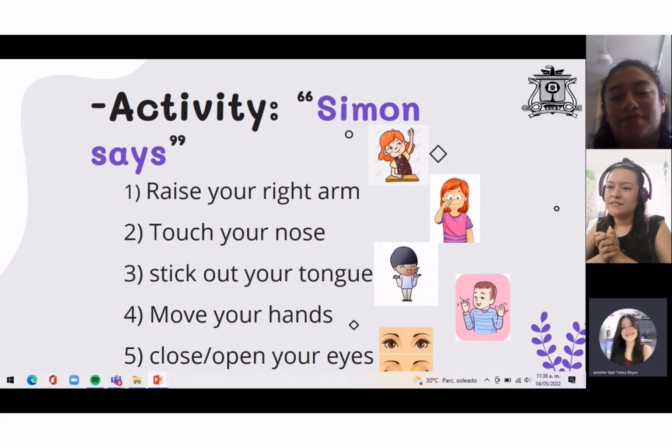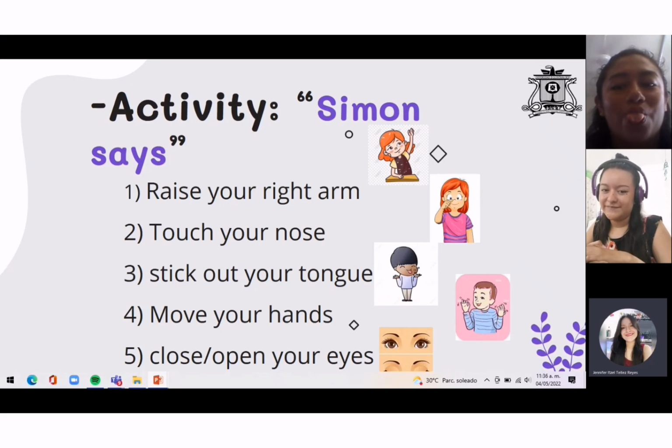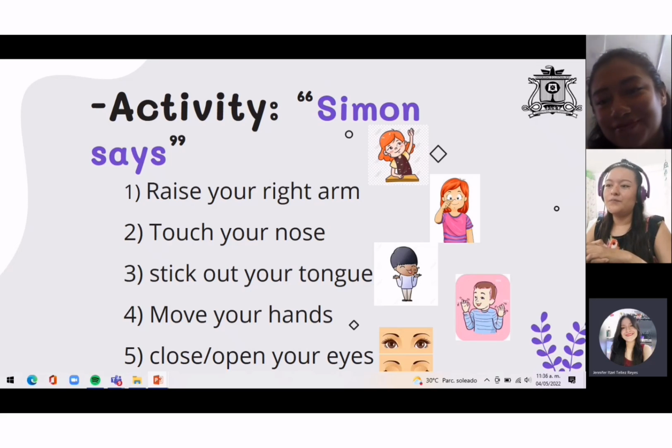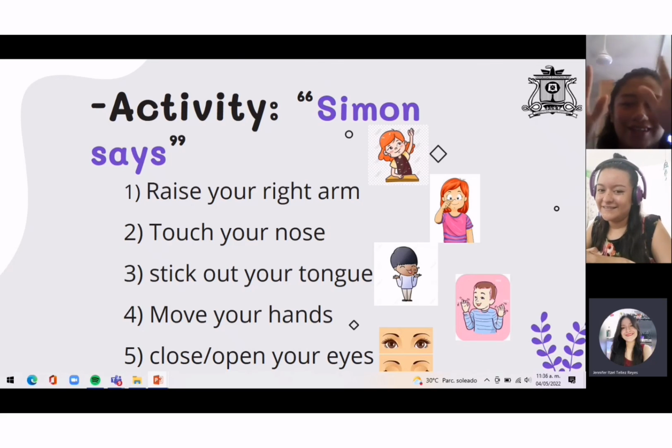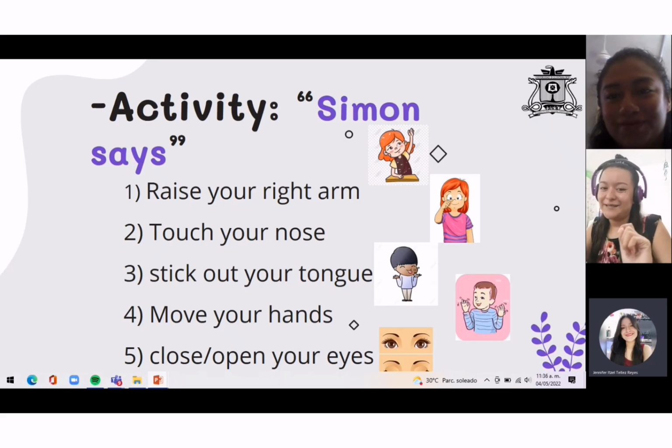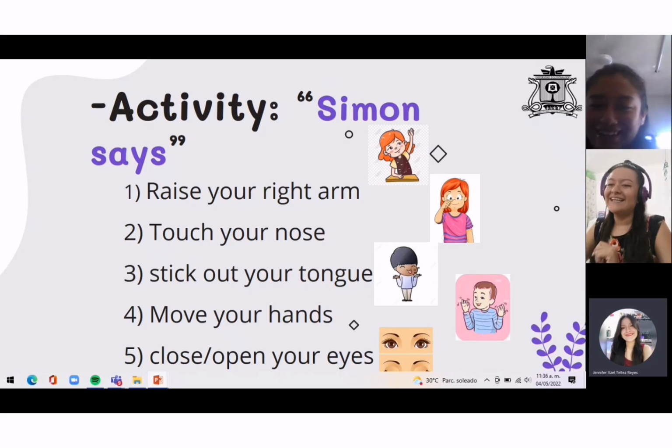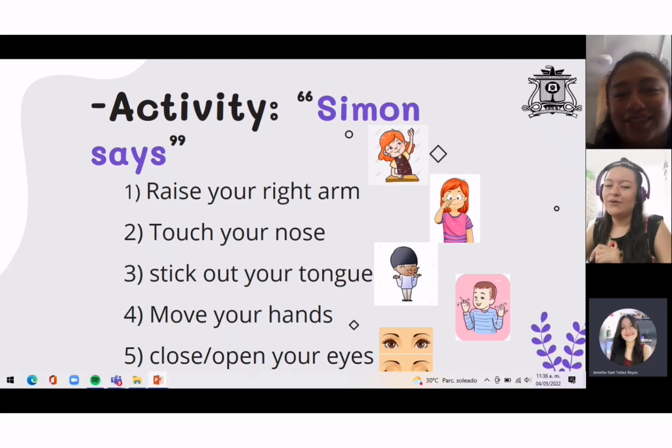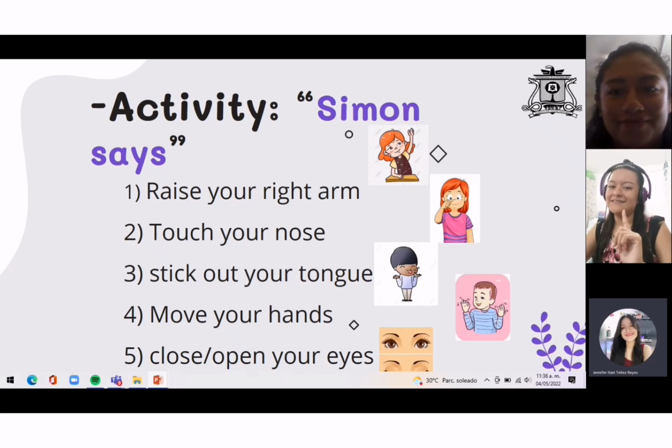Simon says, touch your nose. Simon says, stick out your tongue. Simon says, raise your right arm. Move your hands. Well, I didn't say Simon says. So, now, Simon says, close your eyes, open your eyes,